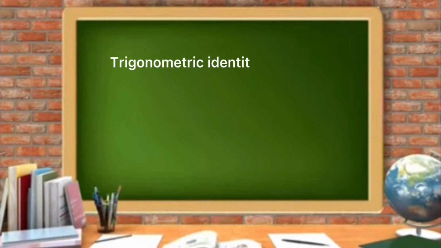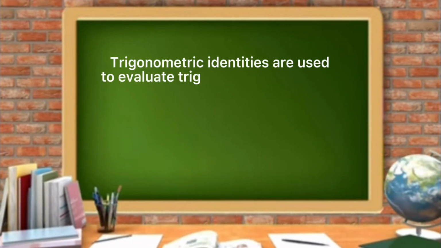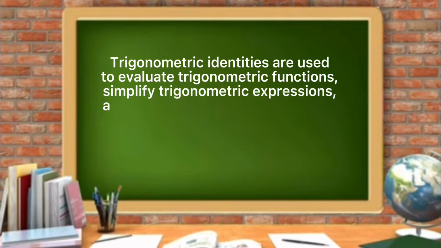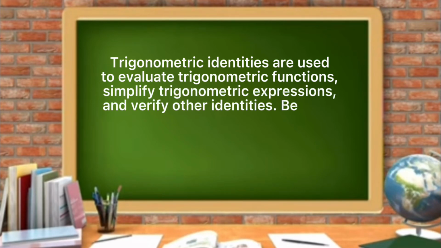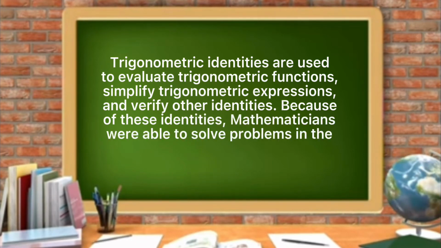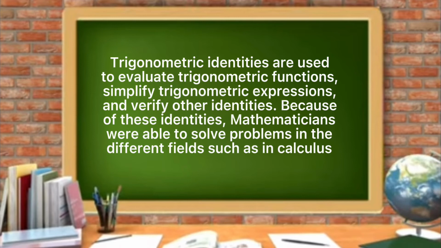Introduction. Trigonometric identities are used to evaluate trigonometric functions, simplify trigonometric expressions, and verify other identities. Because of these identities, mathematicians were able to solve problems in the different fields, such as in calculus and all